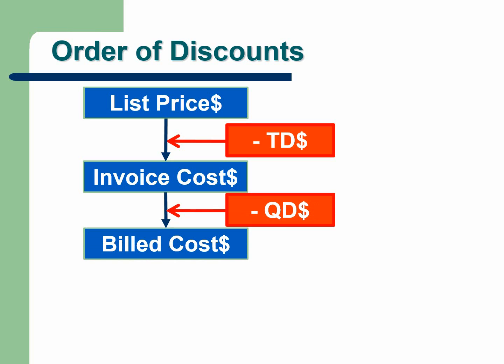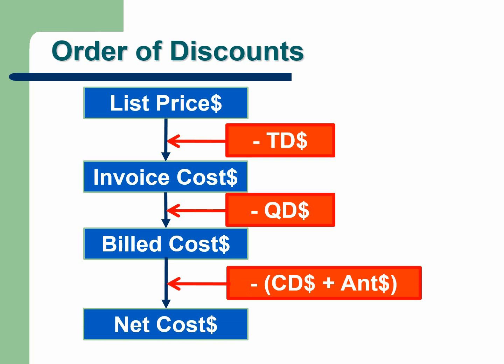And from the invoice cost, we take off the quantity discount, and we'll talk about what quantity discount is later on. But in summary, the quantity discount is basically a discount based on the quantity. If you order a lot, then the vendor may give you a discount. In that case, if it's applicable, you're going to have a quantity discount off of your invoice cost, not from your list price, but your invoice cost, which will establish your billed cost. So invoice cost minus quantity discount will be your billed cost.